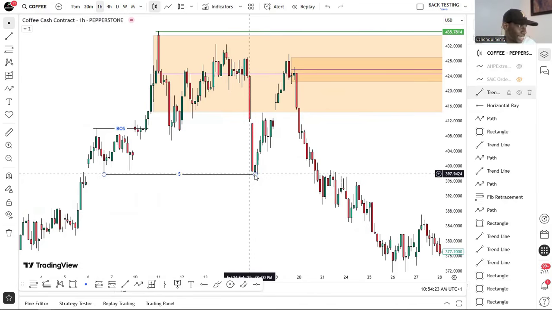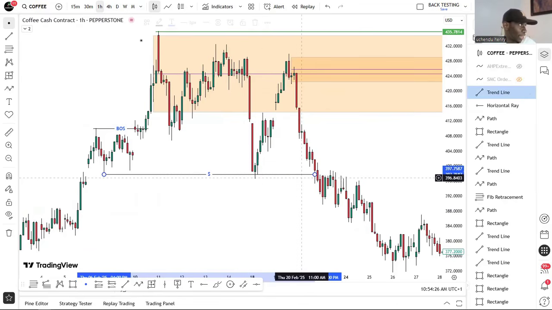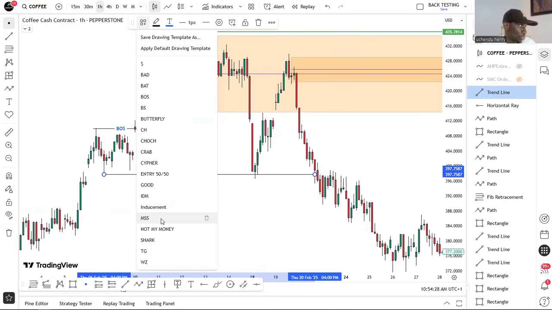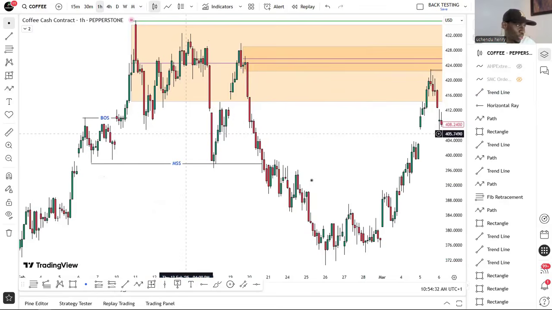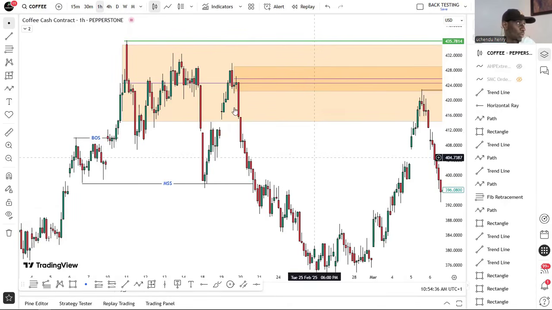Now it cannot extend this guy to this point. Okay, now we now have what? A market structure shift. So we have now had a market structure shift. So we now have to wait for a false pullback into this level. And then mind you, we also have